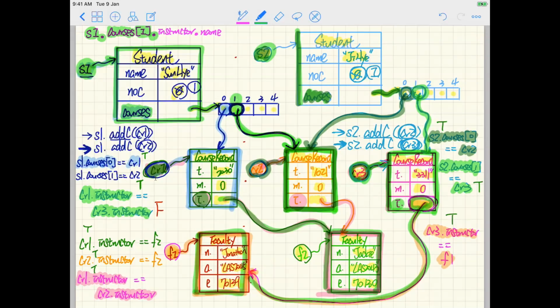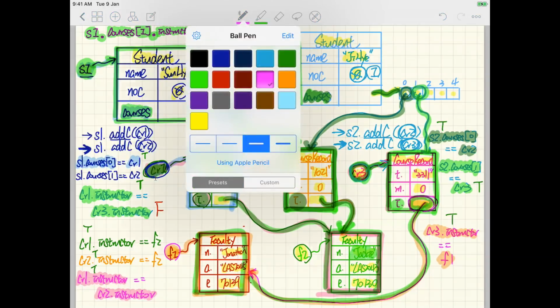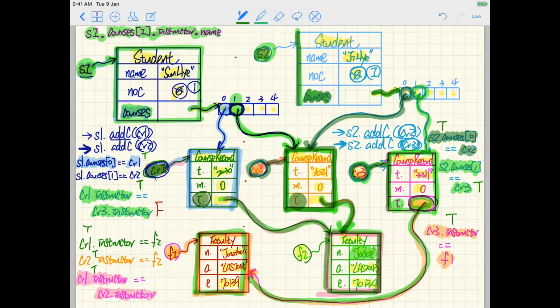Then I want to figure out the instructor for that. If I go for instructor, it's referring to this particular instructor attribute, and then I say dot again. That means I want to follow the link again, right? If I follow that link over there, it's going to refer to this particular one over here. Now I want to say, what's the name for that object there? And the name is simply going to be Jackie over here. Let me just highlight the route that we have just gone through. We started with